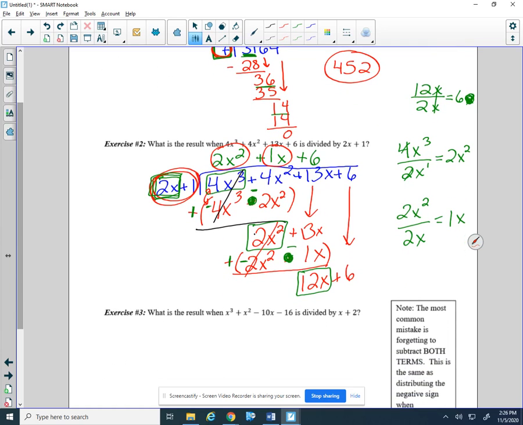So now I'm on to my multiplication step. I take my whole binomial and multiply it by 6. That's going to give me 12x plus 6. Subtract. So we're going to make this positive, negative, change the sign. And actually here, both parts cancel because 6 minus 6 is 0. So my answer up here, and if you were on Delta Math, you would type in 2x squared plus 1x or x plus 6